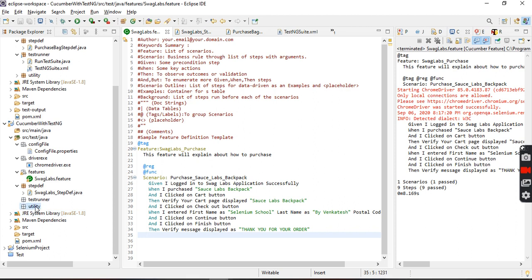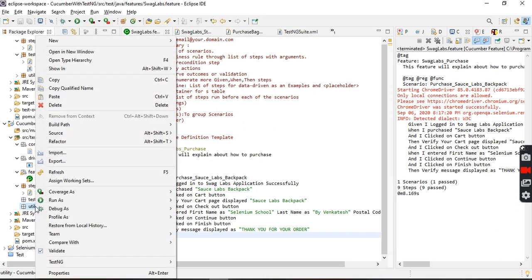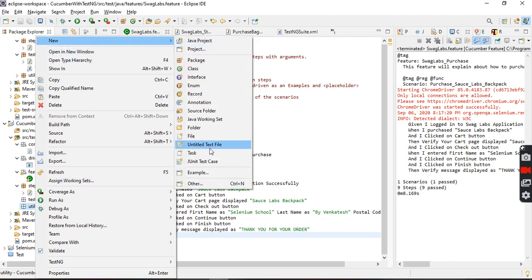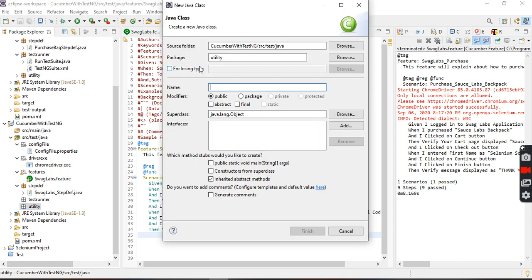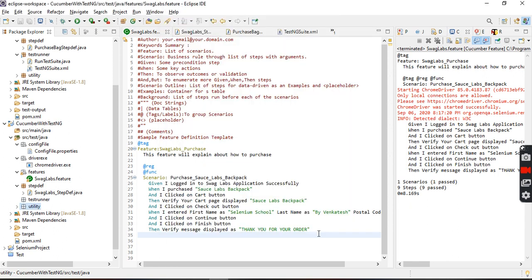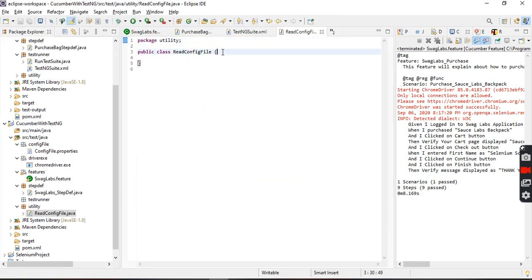Okay. So here we are going to write the Java code. I am going to write a little Java program. The class name is ReadConfigFile. Simple, read config file.